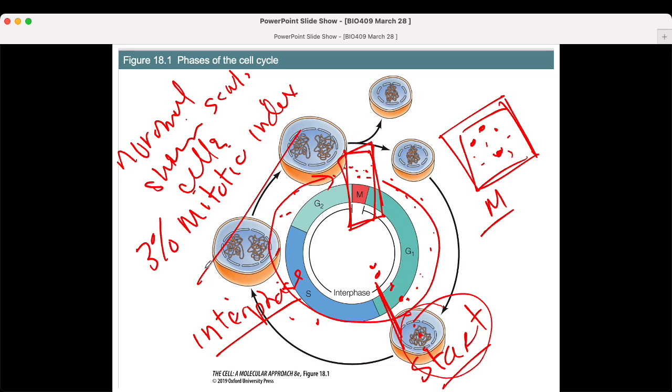Who else has a high mitotic index? Cancer cells. Every biopsy that's ever taken has the mitotic index measured by a pathologist, who under the microscope counts the cells in mitosis and calculates the percent in mitosis. That's the mitotic index. So if a person goes to the doctor and says, I have a lump, a bump, an odd mole, they say, well, let's just take some of those cells. We'll see what's going on, right? So they do a little biopsy, remove some of the cells,